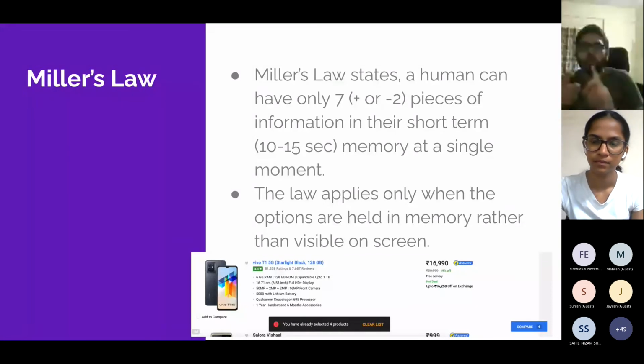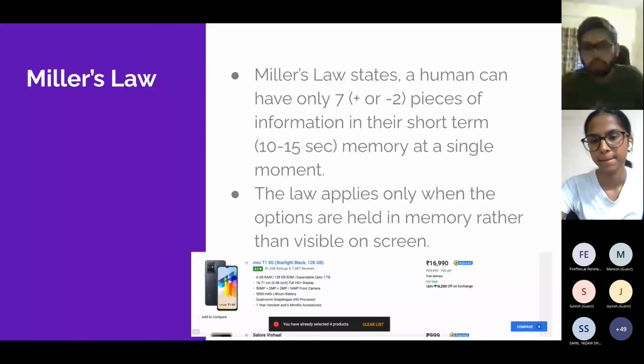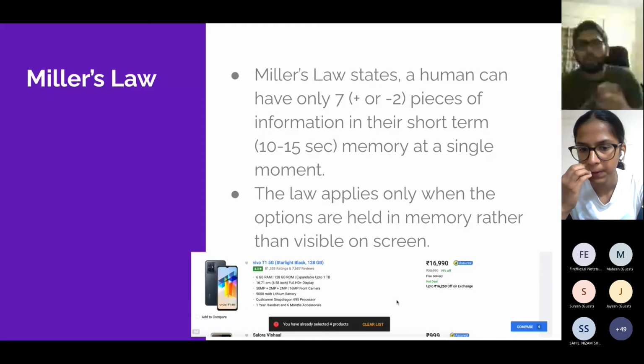One, how we apply Miller's law is, we keep primary call to actions always in a discoverable place for the customer, and we hide the secondary call to actions by either making them less emphasized or clubbing them together in some drop down, or there can be many other ways through which we can do that. Second, let's say a use case of compare which we have here, let's say in this particular